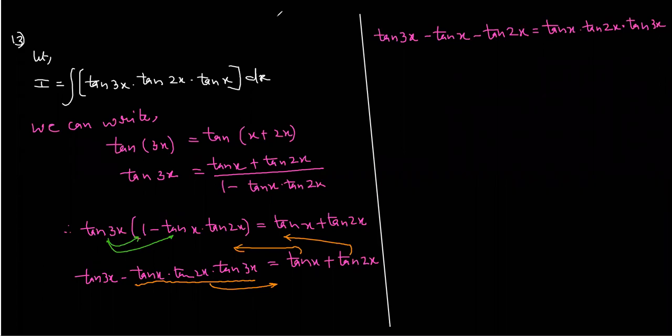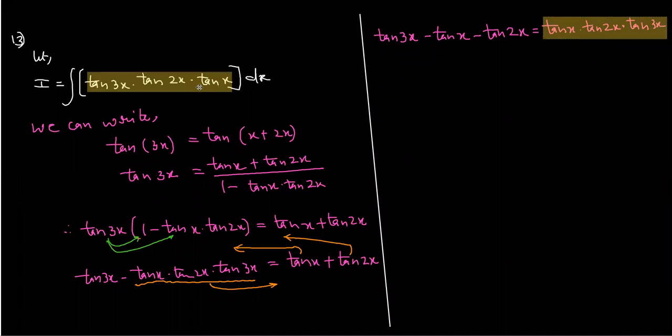I got here something which is the integrand: tan x, tan 2x, tan 3x. I got the same thing here: tan x, tan 2x, tan 3x. So what would I do now, students? I got this as equal to this thing. So my integral I, instead of integrating this, now we would be integrating this, because this is equal to this. So next step I write